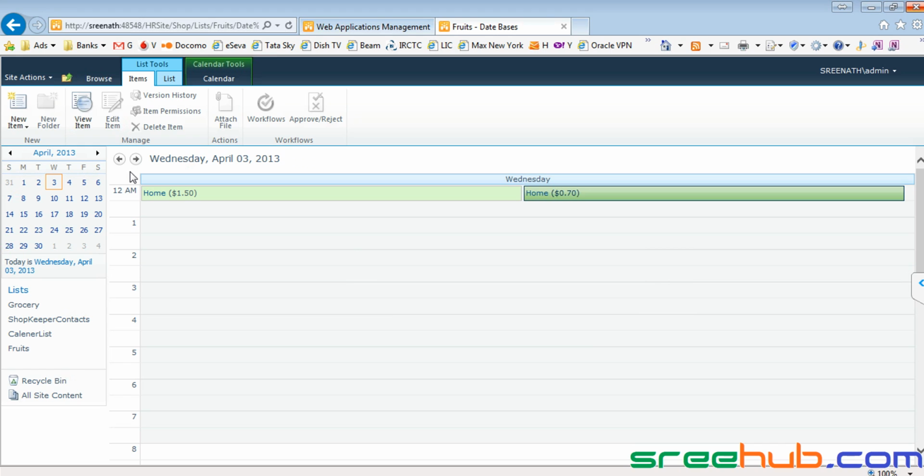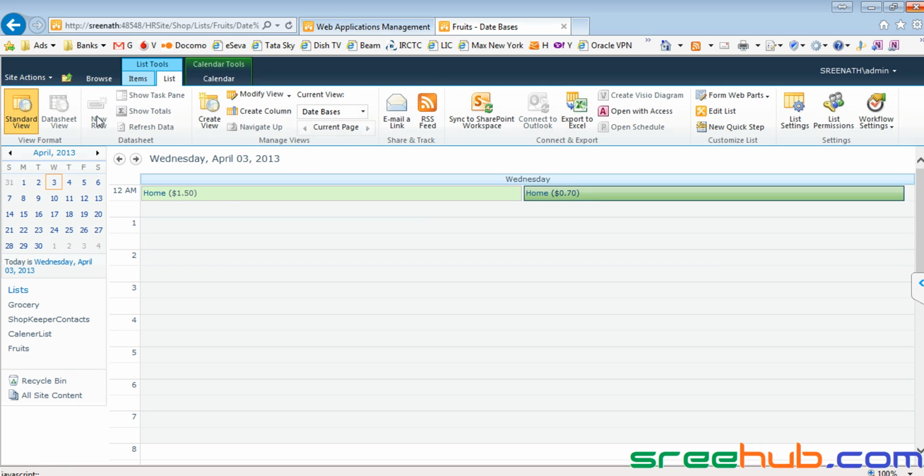So whenever you want to see, this calendar view can be used mostly for your appointment events, right? Let us say you have a list where your appointments are saved. Like let us say you are an HR, you want to create something for HR, and HR wants to save all the events, like tomorrow there are 10 students to whom we have to take interview. Day after tomorrow there are 3. All those things HR can save in calendar view. Fine. So that is one more view which we have seen, that is the calendar view.